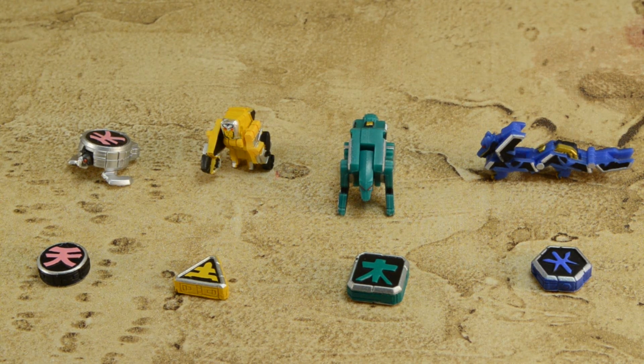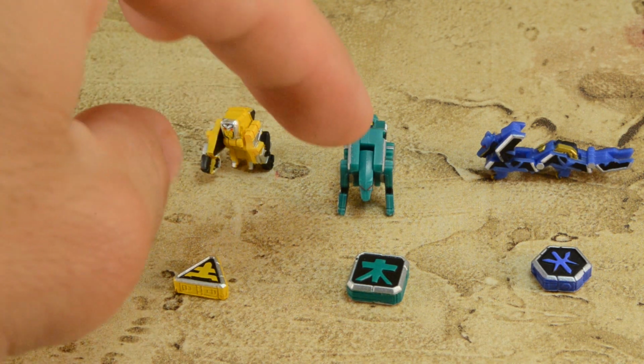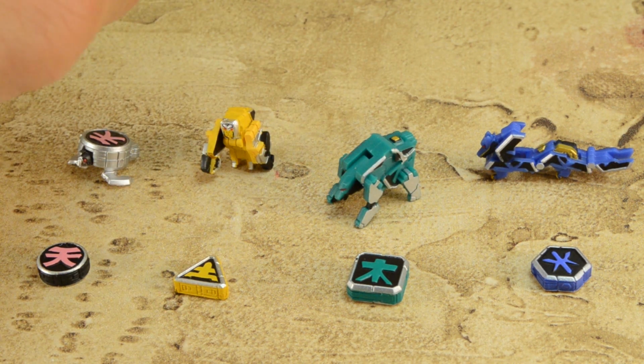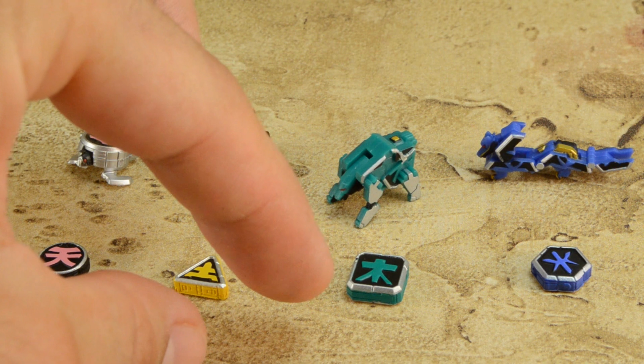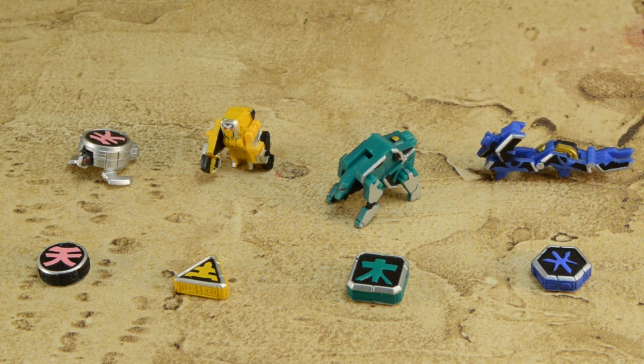And so you have the turtle right here in both emblem mode and in its Zord form. You have the ape and the emblem form. You have the bear. You get a better look at that guy and the emblem form. And then we have the dragon and its emblem form. So very cool. And the reason why we don't get Red's Zord is basically because Super Red, the original SH